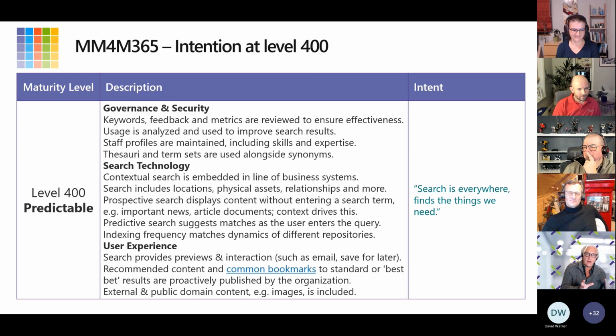So at level 300, we've sort of got our hands around things. We realize that data about people is important. We realize that configuring search to some level is going to provide benefits. We start to think about the information architecture underneath, which is, again, in the management of content competency, but also critical for search to really give you good results. What kinds of things can we expect when we get to level 400?